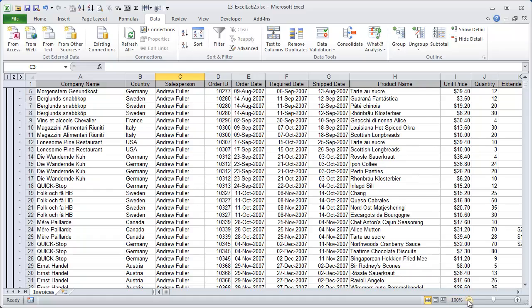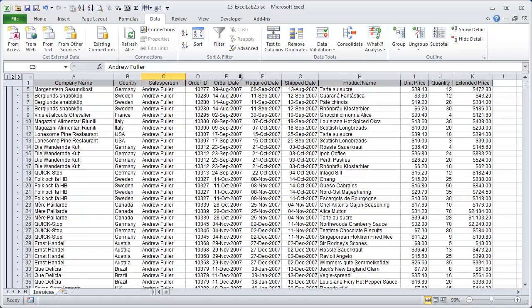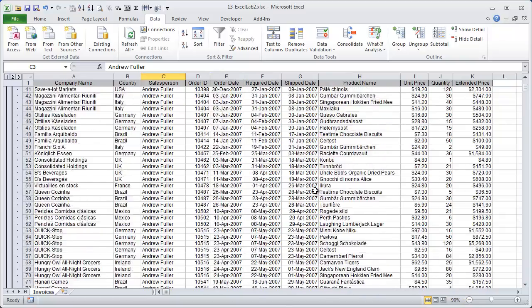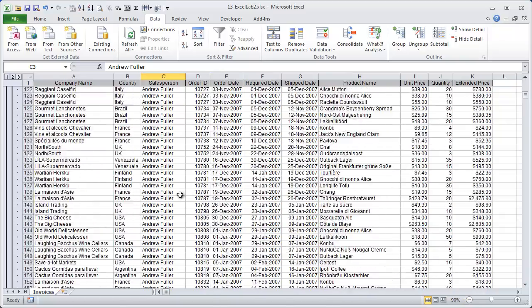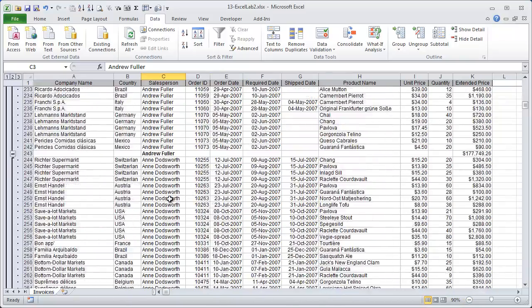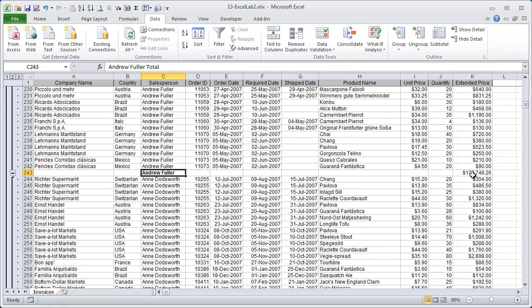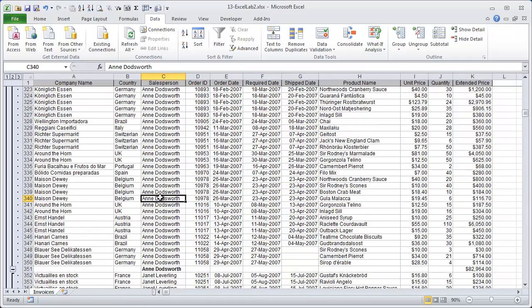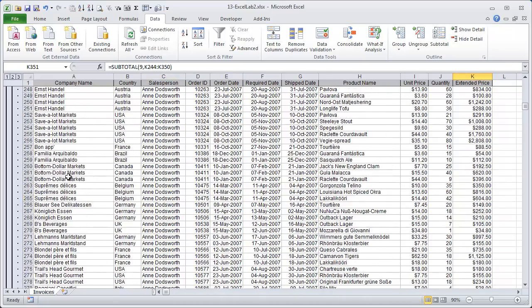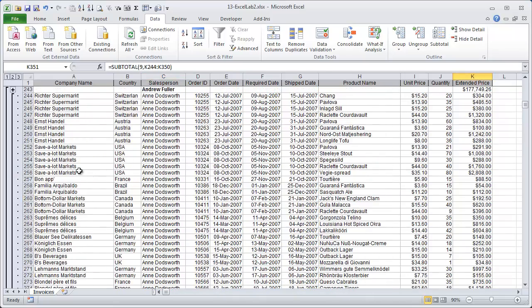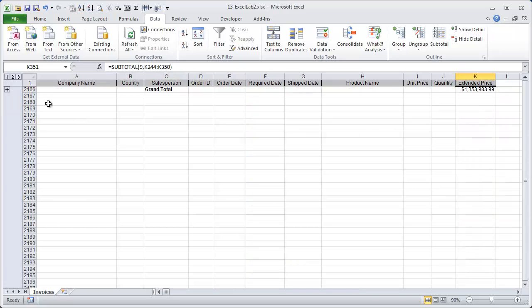And now it bumped it off the screen a little, so let me reduce this. Andrew Fuller, if we go down to the end of that salesperson, we'll see a subtotal here that it put in, sold $177,749.26, and then Ann Dodsworth, and we can go look at that. She sold $82,964. It puts these grouping things in over here on the left side so that we could collapse